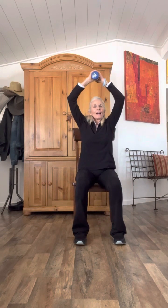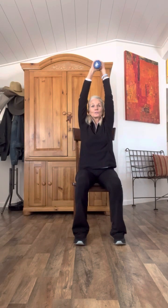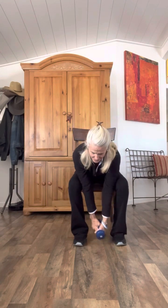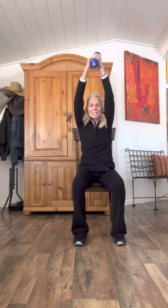So again, sitting, being mindful of your posture, sitting forward in the chair with your fingers wrapped around the one weight, your feet flat on the floor, and overhead. Shoulders relaxed. You're going to reach forward with a flat back, reaching from the hip, the arms extend forward, drop the weight between the feet, extend the arms, and come on up. Nine more. So this is 2,